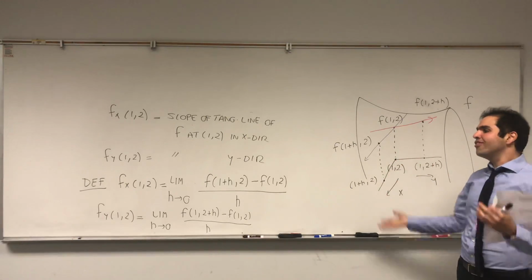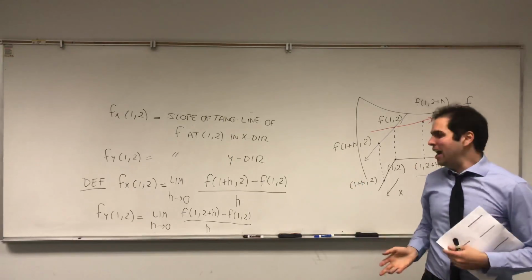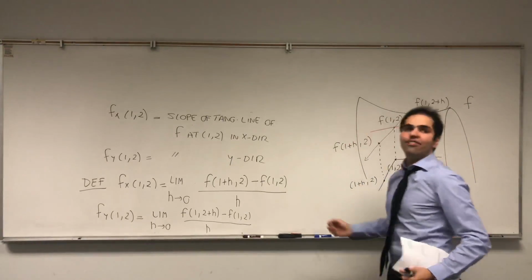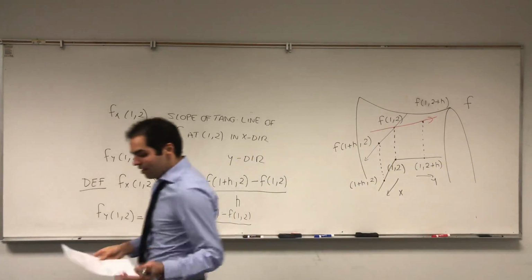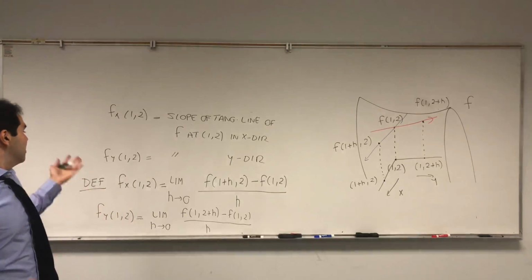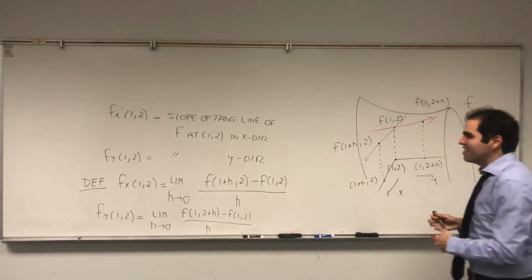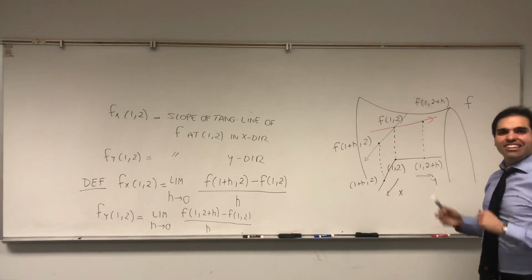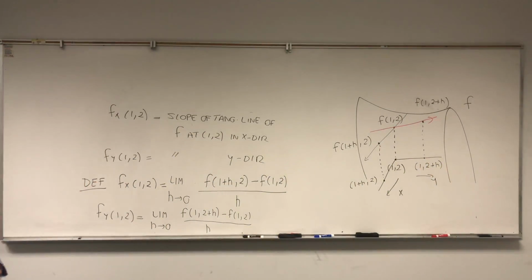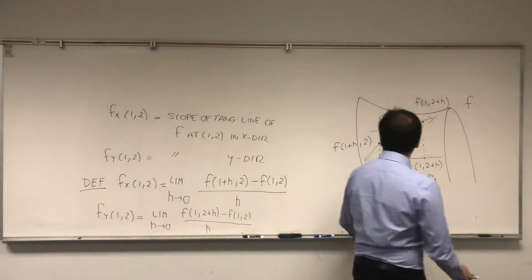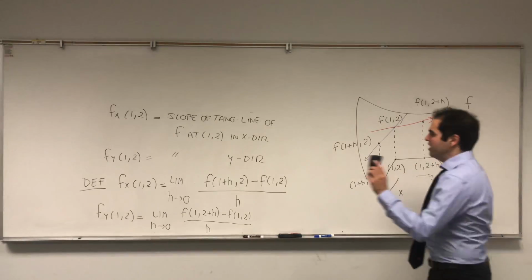So just be careful, there's a difference between just computing it, letting x or y be constant, and the actual definition in terms of slopes of tangent lines. And last thing I want to talk about: because those partial derivatives are so addictive, you kind of want to do it again and again. So the nice thing is, you can also take second order partial derivatives, and in fact, higher order ones. As many as you want. So for instance,